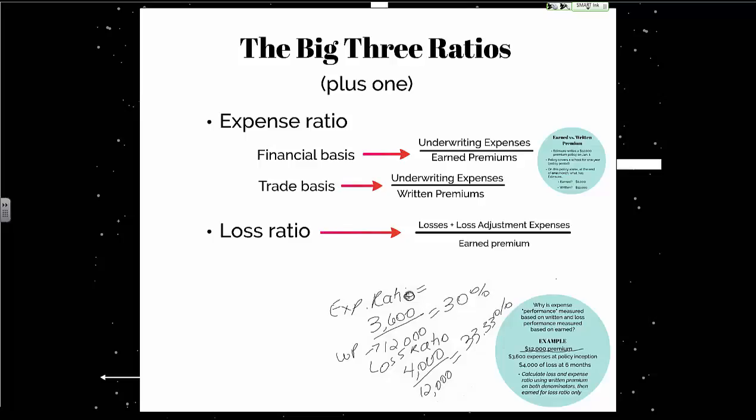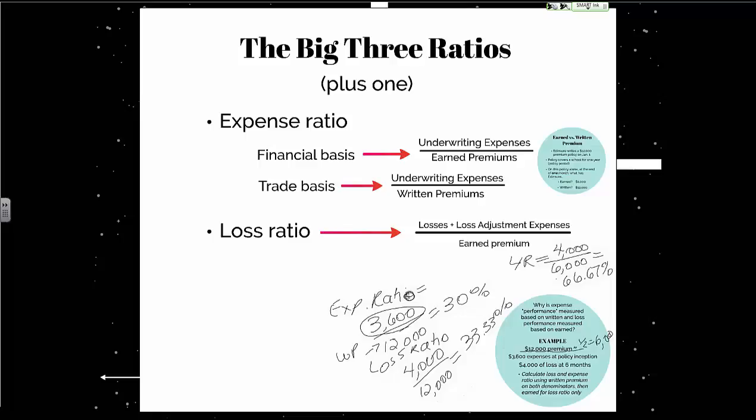So if we take the loss ratio as losses, 4,000, divided by 6,000, which is our earned premium, or half of the 12,000, times 1/2 equals 6,000, we get 66.67%. This makes much more sense than a loss ratio of 33.33%. The expense ratio divided by 12,000 makes sense too, because we've already incurred all 3,600 of expenses at the